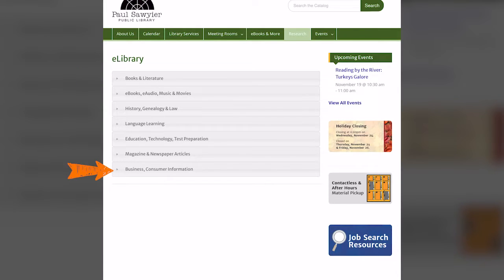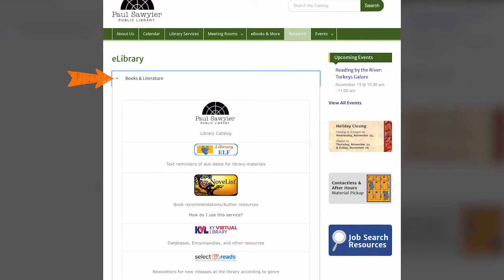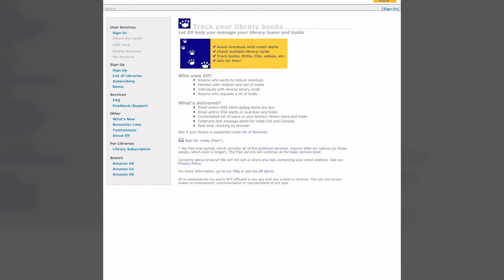and consumer information. Opening books and literature, we'll first see the Paul Sawyer Public Library catalog, where, using your library card number and 4-digit PIN, you can search for items in our collection and reserve or renew items you already have checked out. Next up is the service Library Elf, which allows you to receive text notifications for reserved and/or